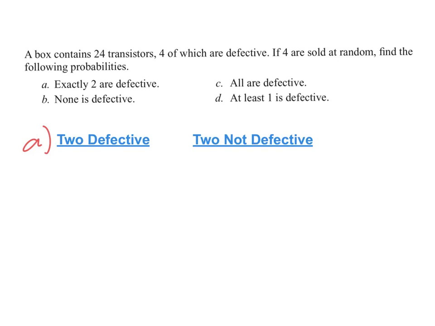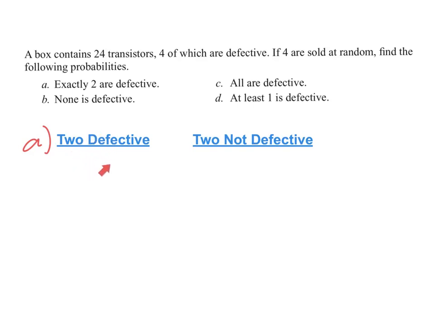Let me say that again because I didn't quite say it right. We're going to find the probability of taking 4 out of the box where 2 are defective and 2 are not. What we're going to multiply are the number of ways to get 2 defective times the number of ways to get 2 not defective, divided by the total number of ways to get 4 transistors out of there. So first of all,